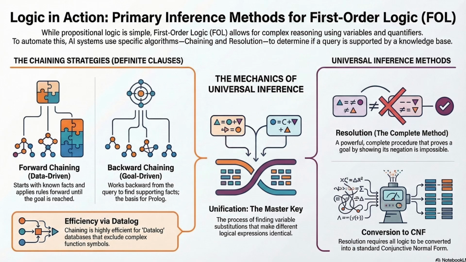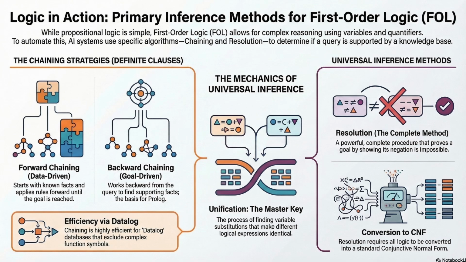That feels satisfying. But I noticed a warning in the text about variable clashes, something about standardizing apart. Yeah, this is a very practical problem. Suppose one rule uses the variable X to mean a person, and a completely different rule uses X to mean a car. If you try to unify them, the computer sees X and thinks it's the exact same object. It tries to make the person equal the car. Which is nonsense. It's like if I'm talking about a riverbank and you're talking about a money bank and we start arguing because we're using the same word for entirely different things. Perfectly put. So the solution is standardizing apart. Right. Before we start unifying, we just rename the variables. We change the second X to X17 or X new. Now there's absolutely no confusion.